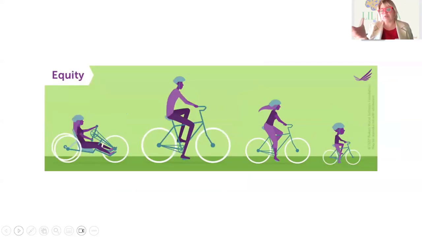Everybody has, for example, let's say, a text in our class, but not everybody has the possibility. But if we think about this one, that is equity, we are giving everyone what they need, according to their possibilities. So this is what is proposed in UDL to us, giving the possibility of offering our students